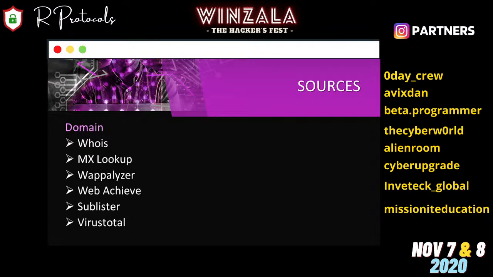Whois is used to look up information about the domain, and MX lookup brings us the records of that particular domain. Wappalyzer gives us information about the back-end and front-end technology of that domain. So these were the sources when we get a domain as a target.